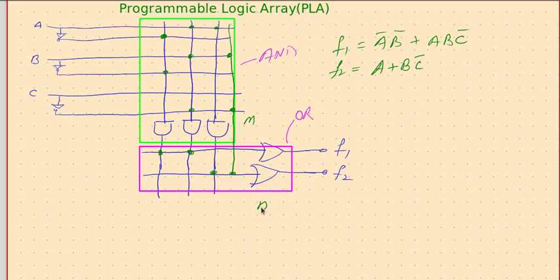If there are n OR gates, then totally n such functions can be realized, and these n functions can be created using the outcomes of these m AND gates, and that's the simplest way of solving the functions. So whenever we have more complicated functions to solve, then this is the best version to work on. So that's the basic idea about a programmable logic array.